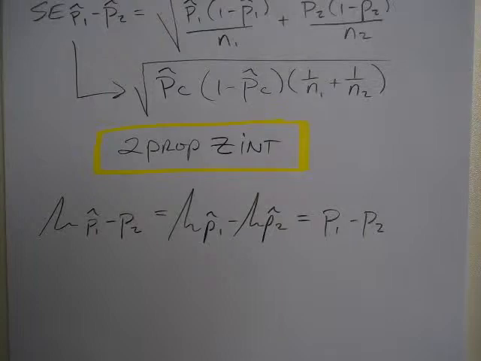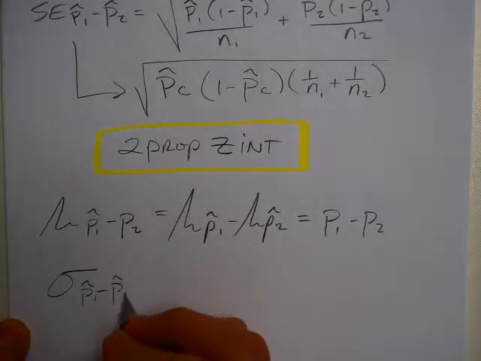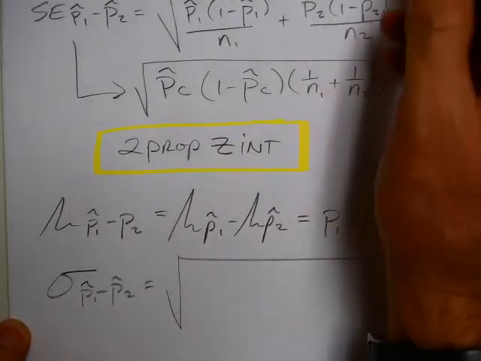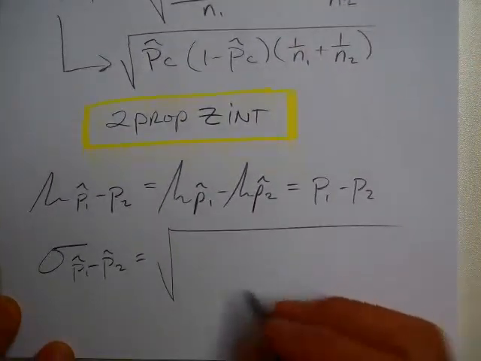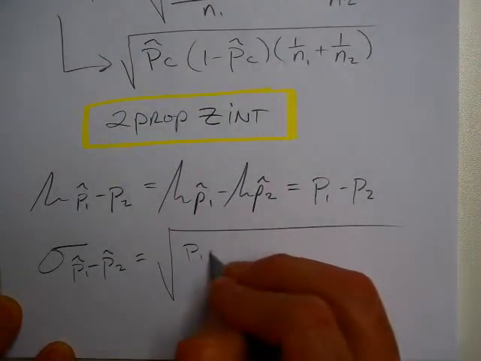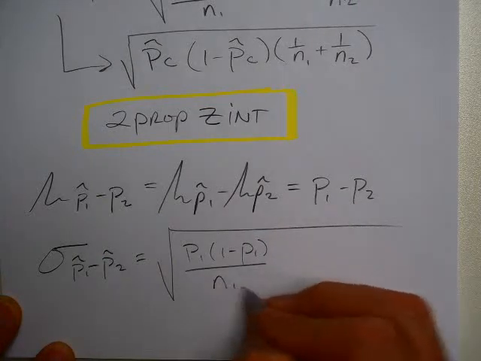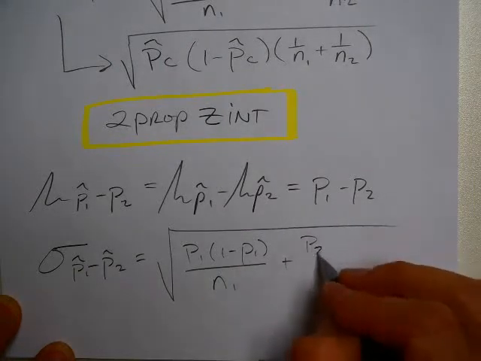And the other one, which we kind of already know, sigma P hat 1 minus P hat 2 is this thing up here: the square root of P1 times 1 minus P1 over N1 plus P2